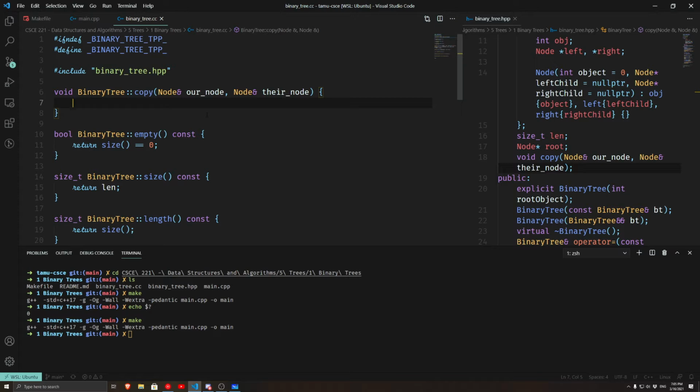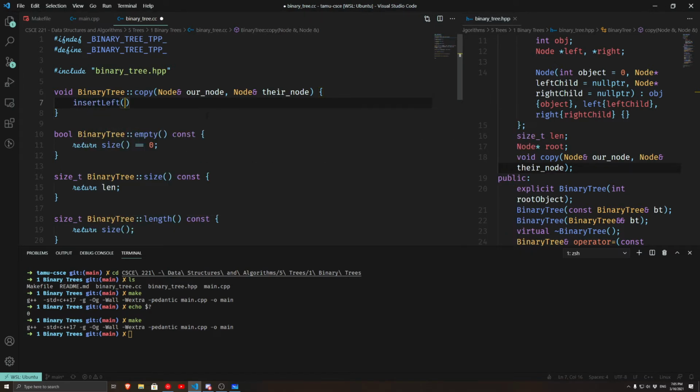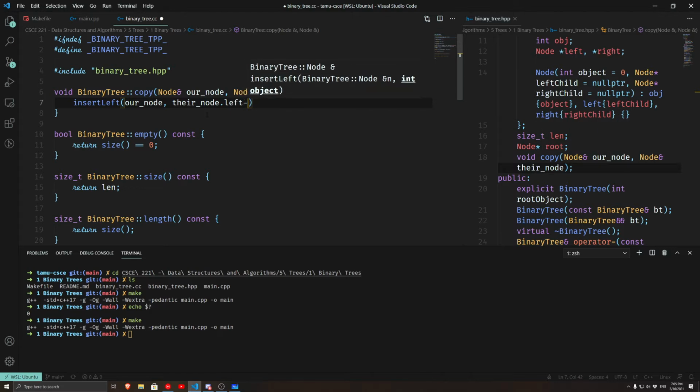Then we can call our insert left function, which we haven't written yet, on our node, and the data we want to insert is their node's left child's object,